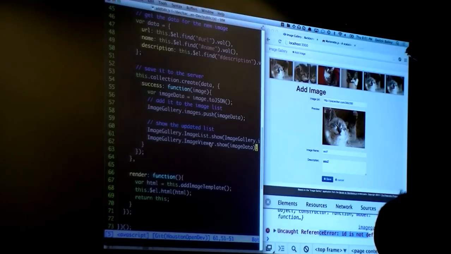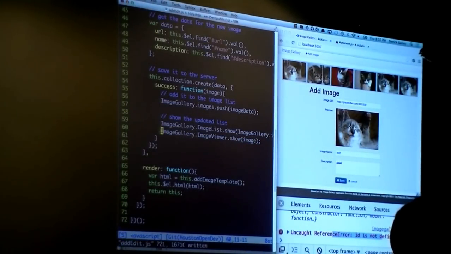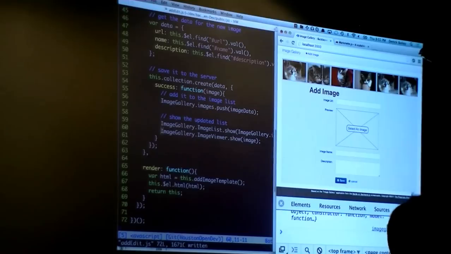So again, earlier we changed this success function in the add process to use the image data, the raw JavaScript data, in order to show the image. But then I changed the image viewer.show so that it expects a Backbone model instead of the raw data. So here, instead of passing in the image data, we're going to pass in the raw image. But also, since I've changed this image